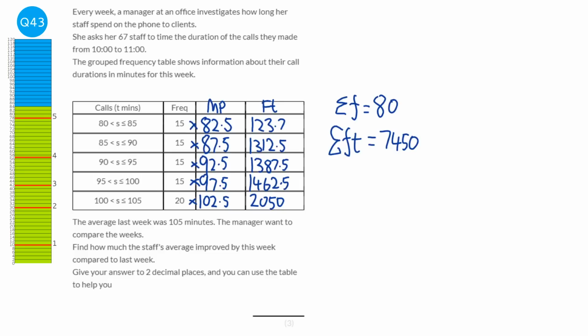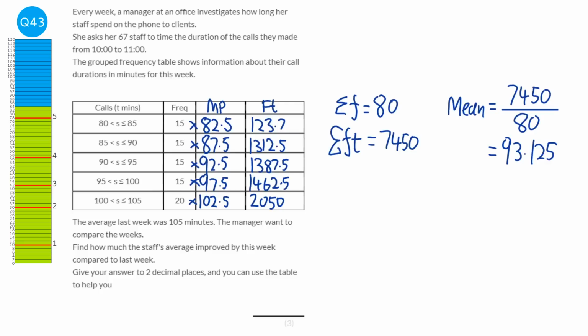So to find the mean, it's all of the numbers added together, which will be 7,450, over the amount of numbers we have, which is 80. So when you do that, we get 93.125. Now this question is about the improvement that we've made, or that the manager has made, the call centre's